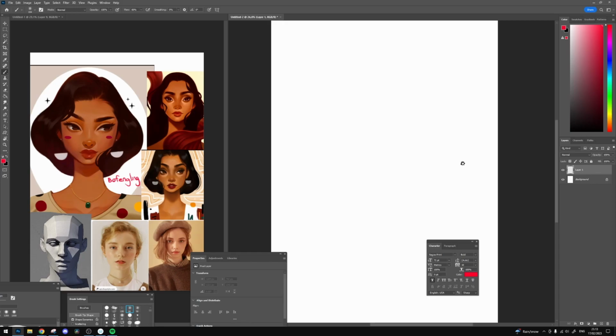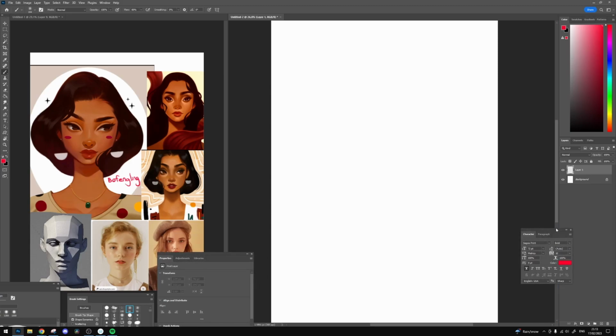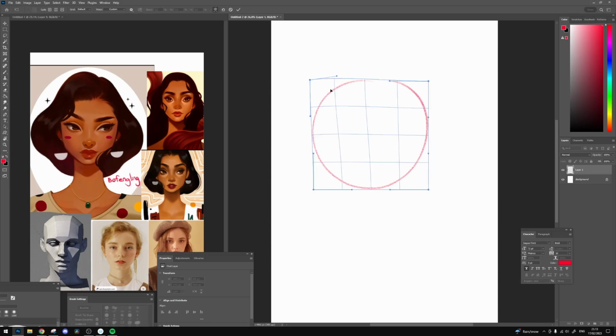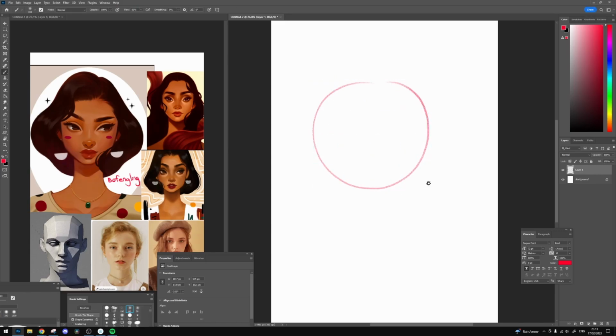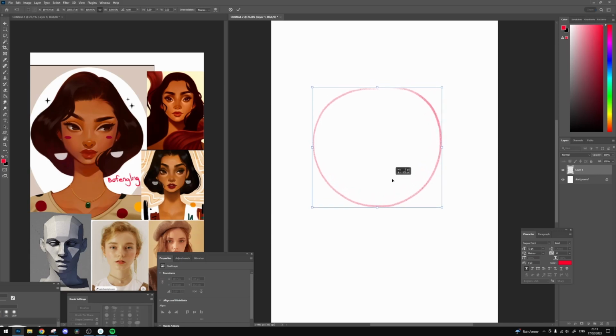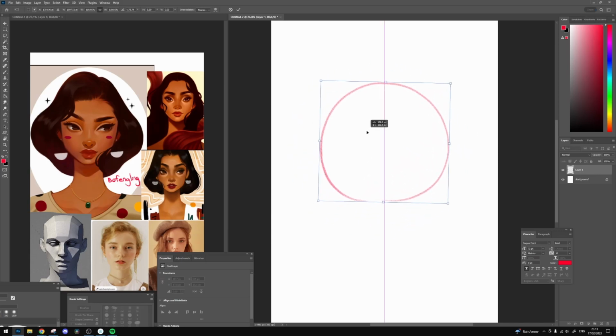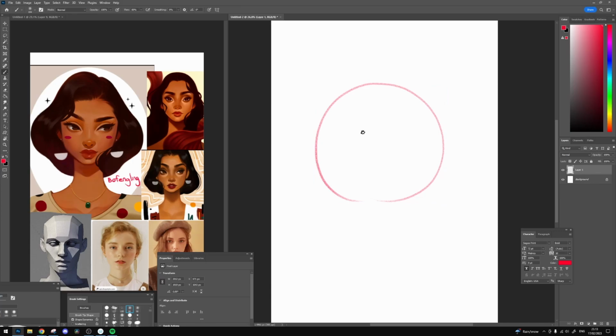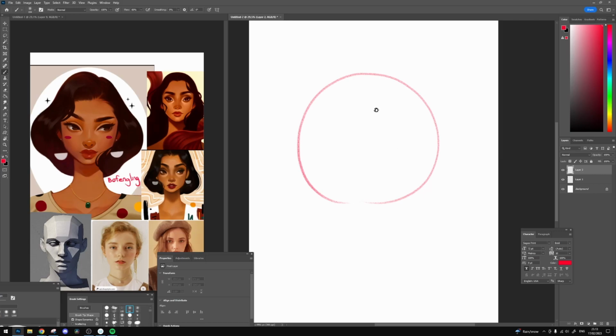So yeah, let's get started with the rough sketch. Like always, I'm gonna start, and see if I can draw a circle. This is not even a circle, but hey, that's why we cheat. Good enough. Start with a circle for the face, and then